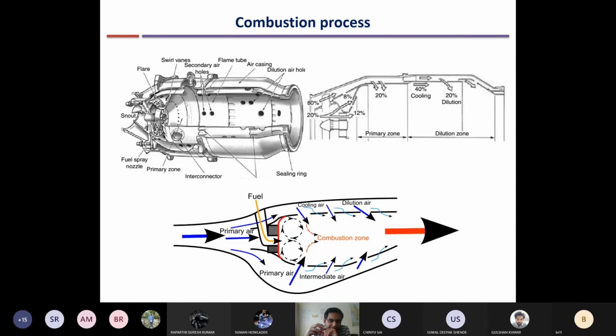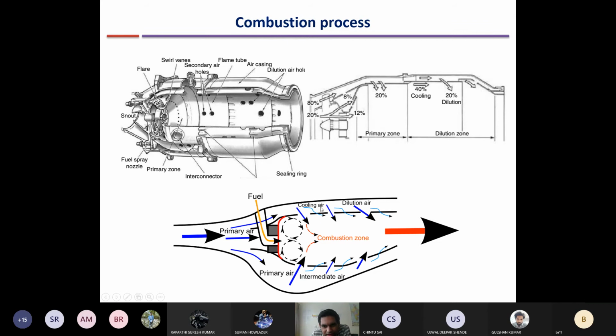the flame will go out. Means you will not be able to sustain the flame, because you will not be able to reach high temperature at this location. And so here you try to keep near to the stoichiometric ratio, so that the fuel-air ratio is quite near to stoichiometric and it is easier to combust. But the temperature will be quite high in this local region. So only a small percentage is taken from here.